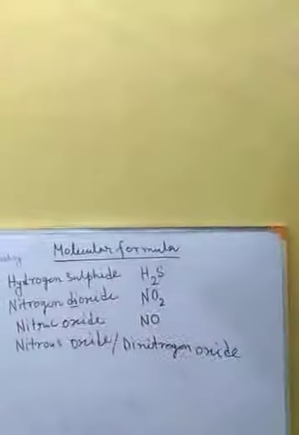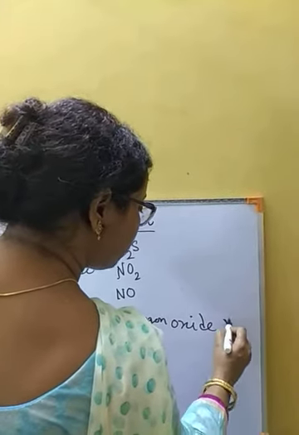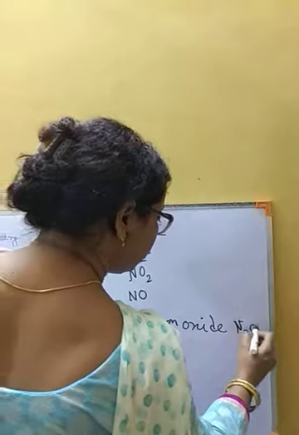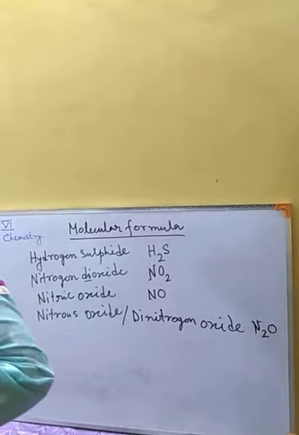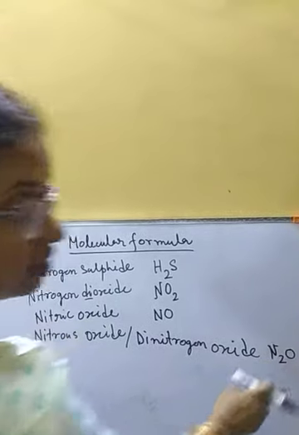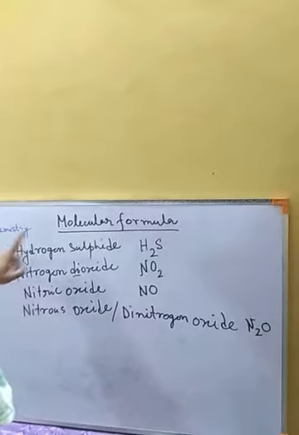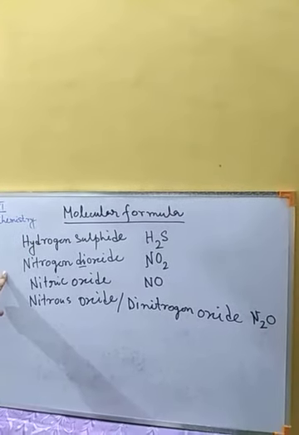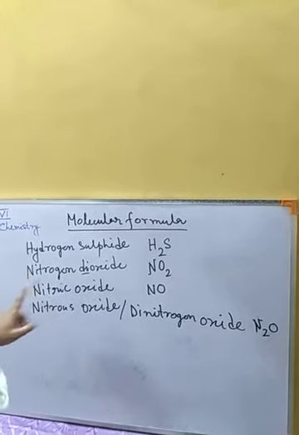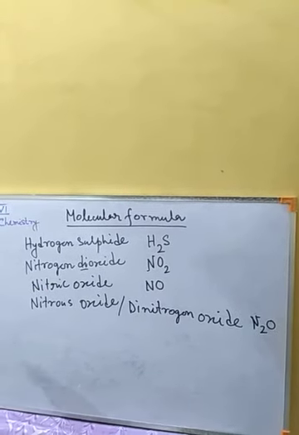Both we can say. Dinitrogen means 2 nitrogens are there, so N2O. So hydrogen sulfide is H2S, nitrogen dioxide is NO2, nitric oxide is NO, nitrous oxide is